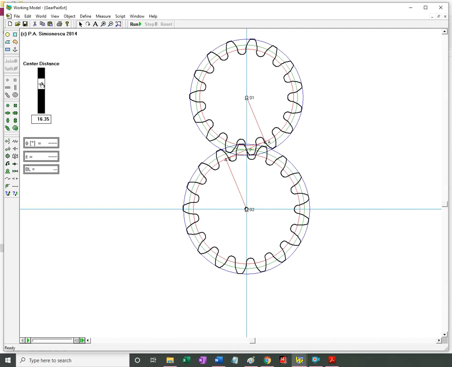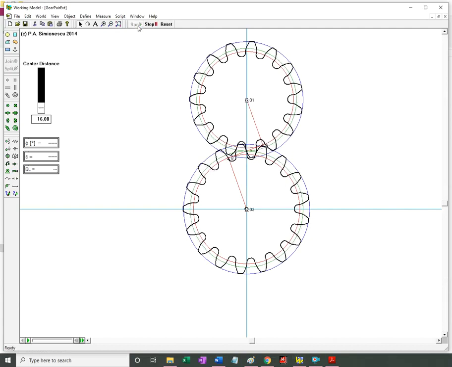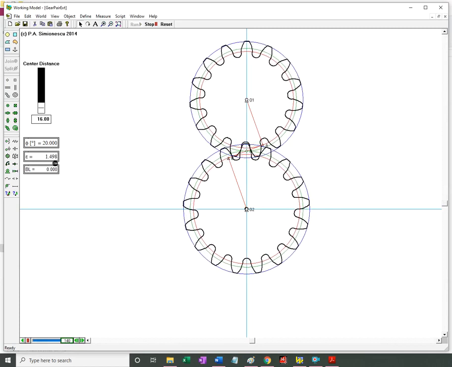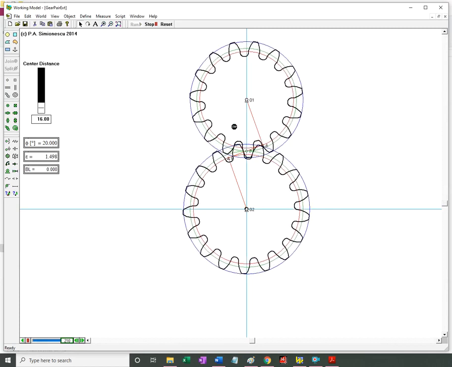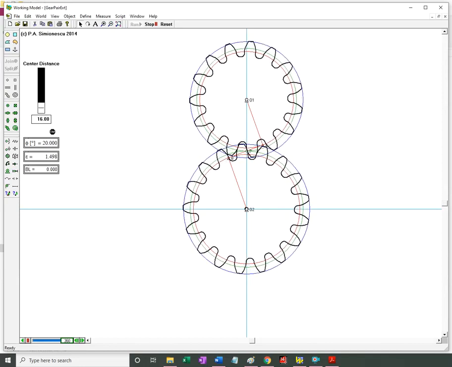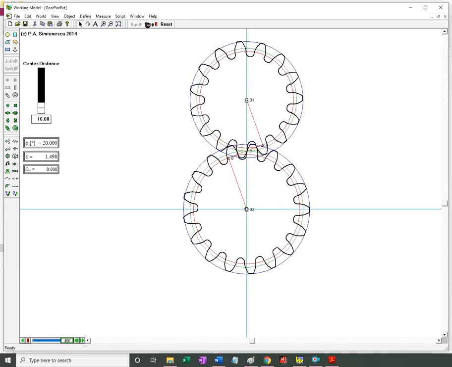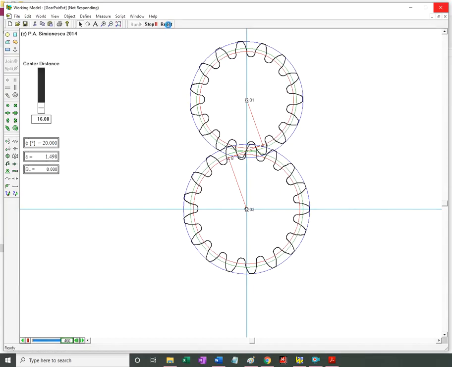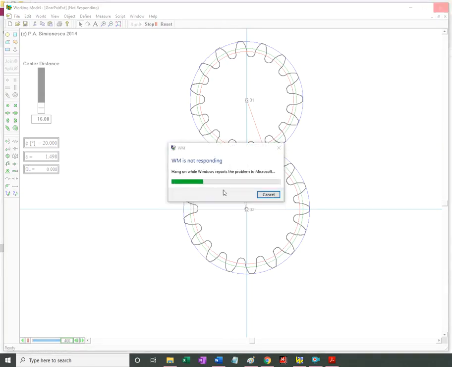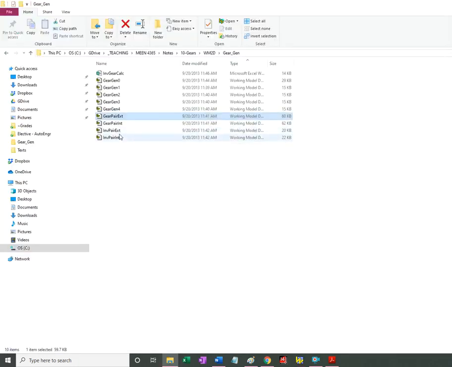Okay, so if I hit run, the contact ratio is the largest number. I cannot go any shorter center distance than this. It's annoying. It was not doing the same last time. Okay. So yet again,